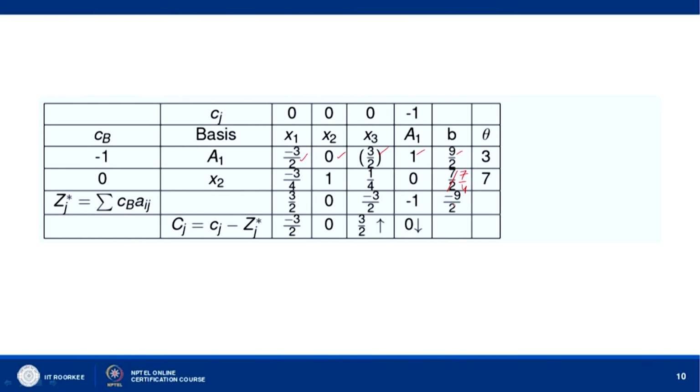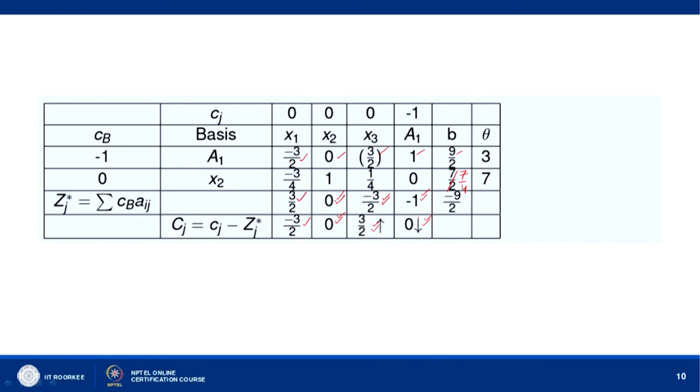Now, we can see we again get C minus Z j star. Z j star now will be minus 1 into minus 3 by 2, 3 by 2, and this is 0. Okay. So, we get 3 by 2 here, 0 minus 3 by 2 gives minus 3 by 2, then minus 1 into 0 is 0, 0 into 1 is 0. So, we get 0 here, 0 minus 0 is 0, then we get minus 3 by 2 and minus 3 by 2 is this. So, when we subtract from 0 it gives 3 by 2, and minus 1 into 1 is 1, 0 into 0 is 0. So, this is minus 1 subtracted from minus 1 gives 0.